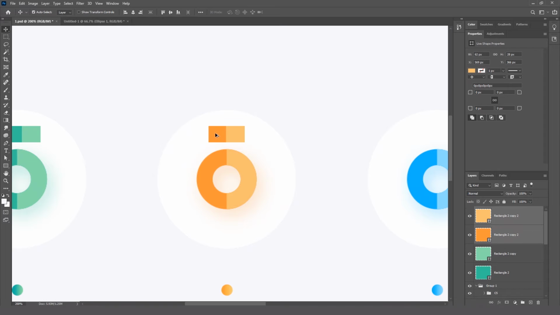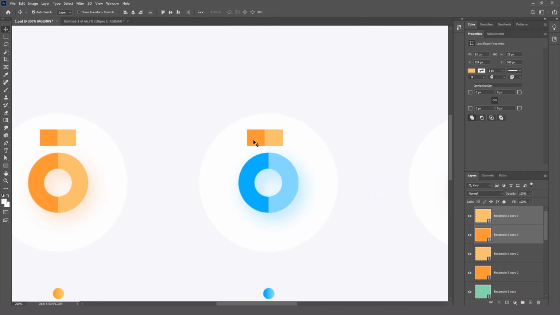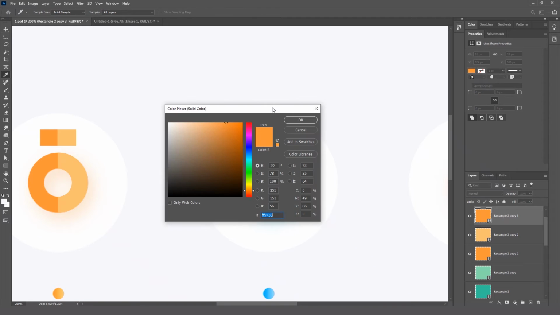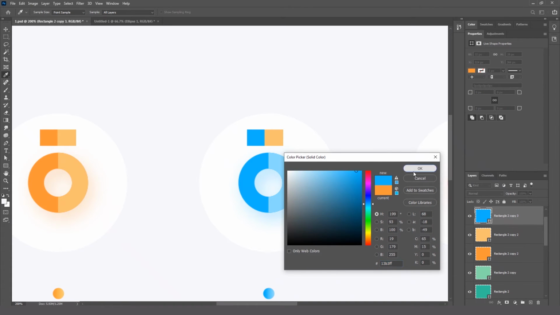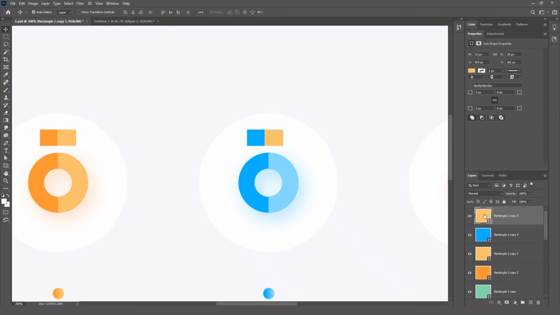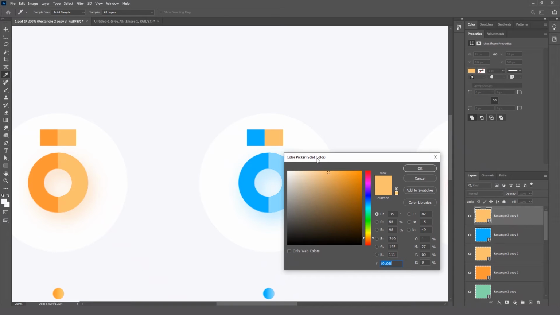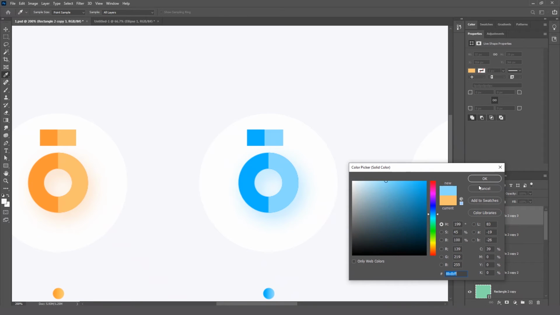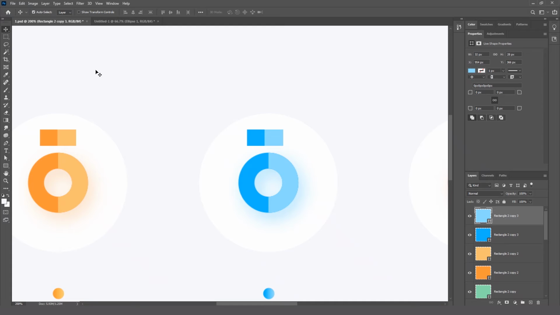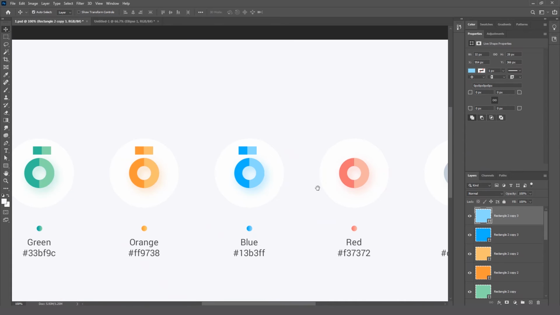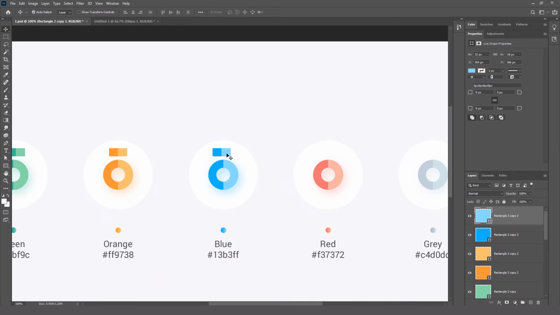So by pressing Alt, I'm copying this over here and just copying these two colors. So I'm going to show you how you can quickly work with tips and tricks like creating this kind of layer palette. So now again I need to copy this